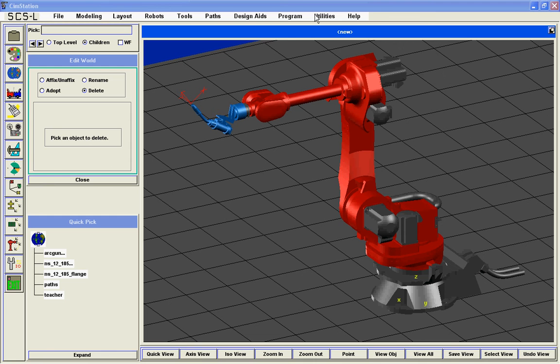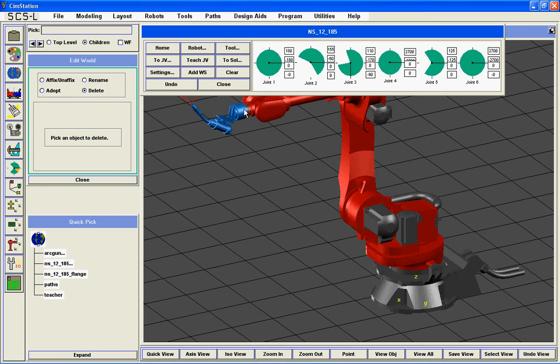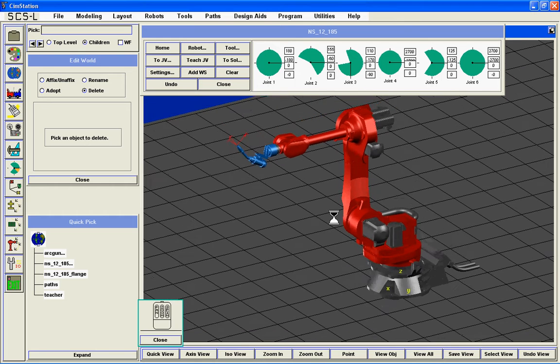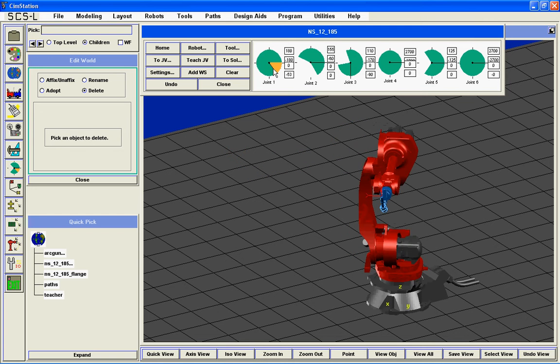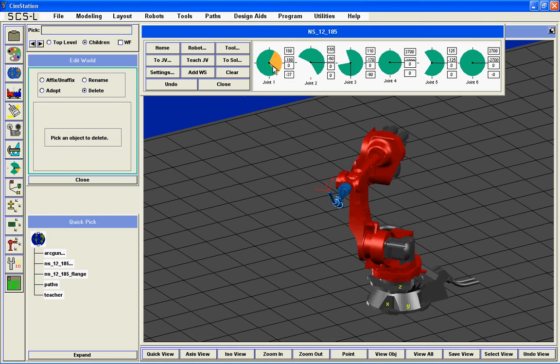In this session we're going to explore the joint pendant. You can open a joint pendant for the robot by clicking on the toolbar icon of a little pie shaped, and it brings up a panel with the 6 joint angles corresponding to the 6 joint angles of the robot. If you position the mouse in the first joint pendant slider widget and move that wiper back and forth,